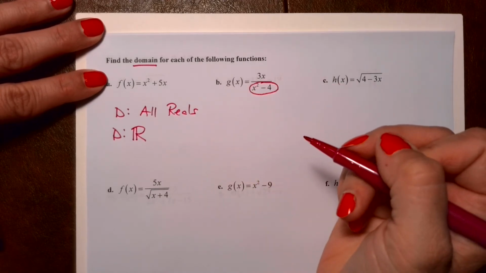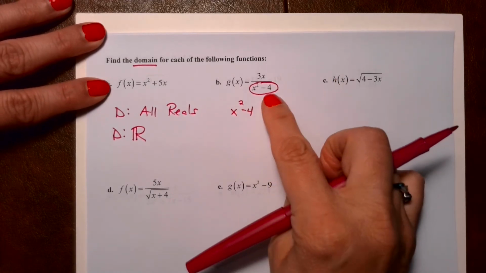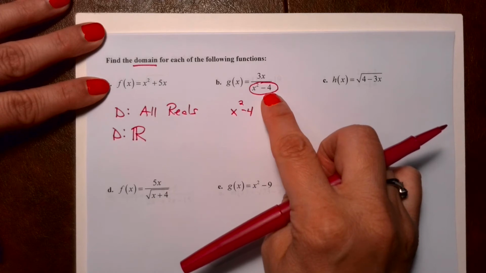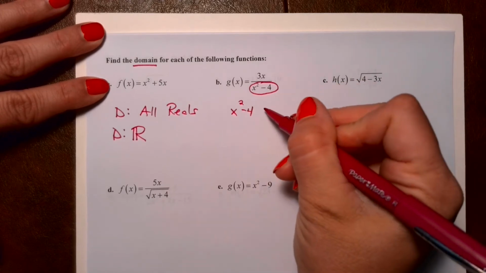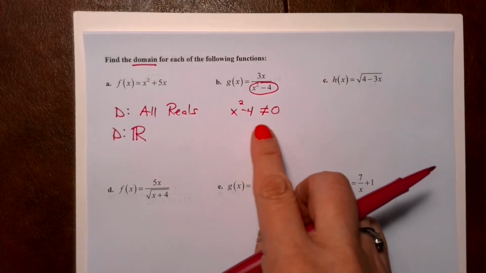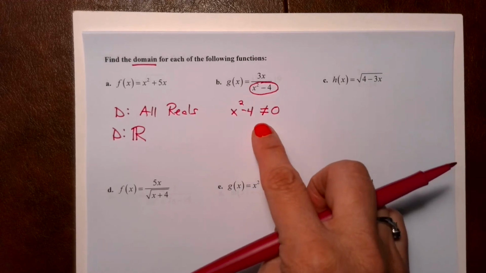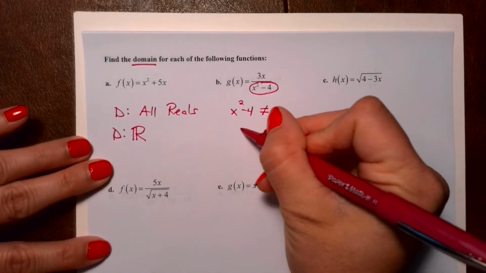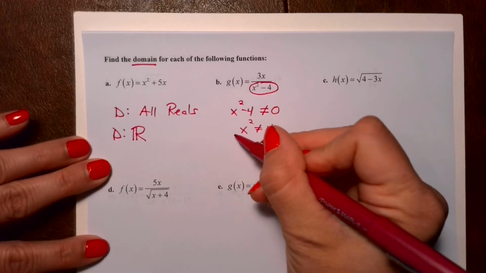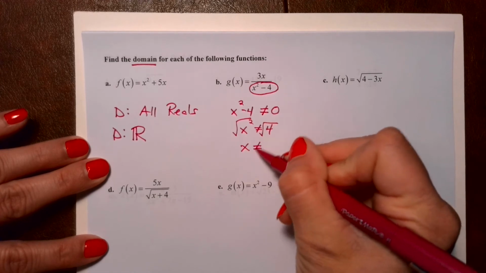Okay, problem B. I see a denominator. Find it. Okay, now we're going to write it. X squared minus 4. Okay, what's the problem with denominators? Denominators do not like 0. So I'm going to say cannot equal 0. Right? Now, how do you solve a problem that has a not equal sign? Just like an equal sign. Okay, so I'm going to go ahead and move the 4 to the other side. And then I'm going to square root both sides. And x cannot equal,